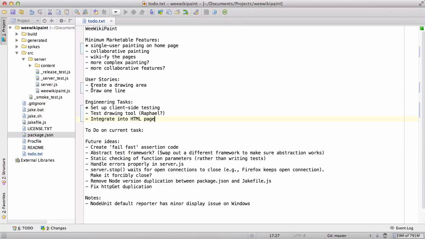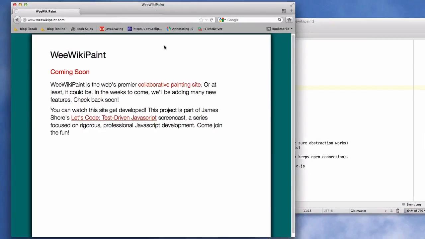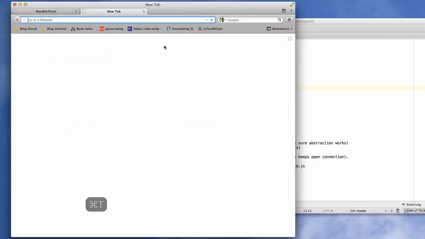I think those are good things to do. So let's get to it. So the very first thing we need to do is we need to set up our testing framework. Now, there are a lot of client-side testing frameworks out there, but there are two that I particularly